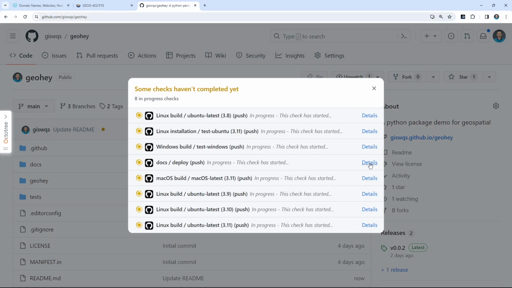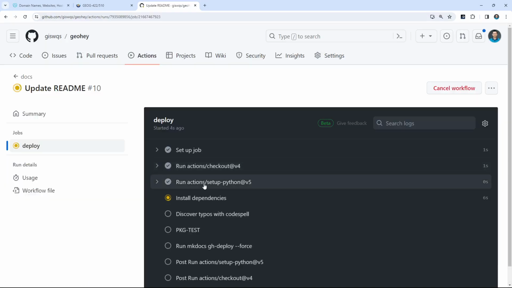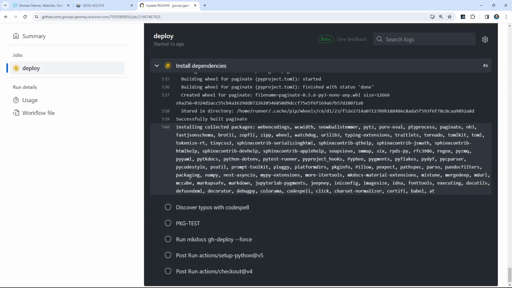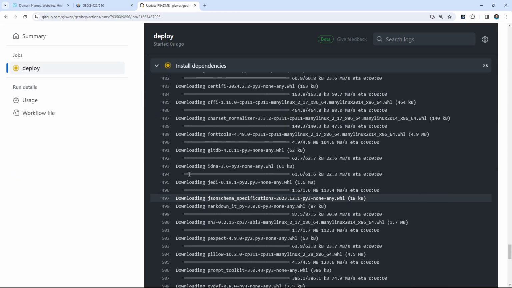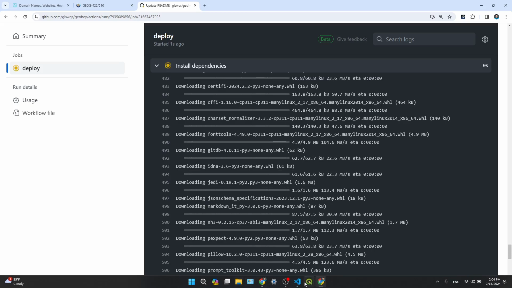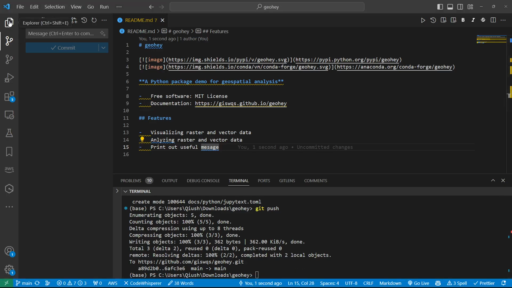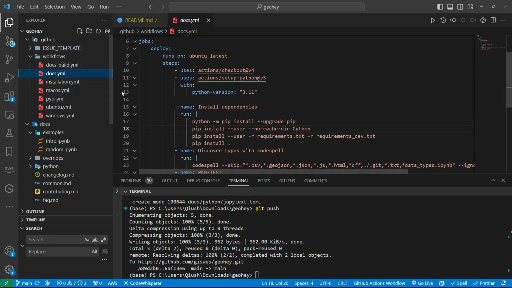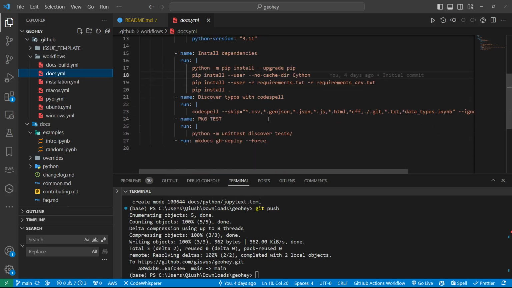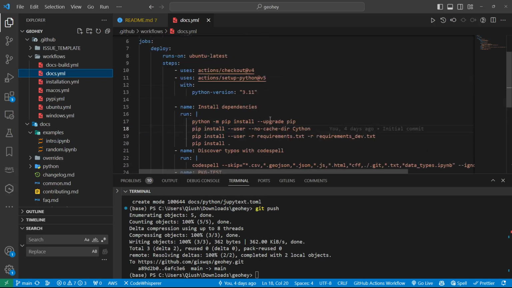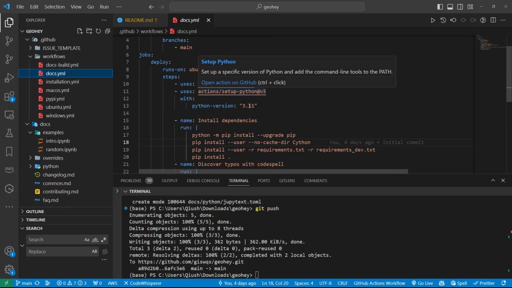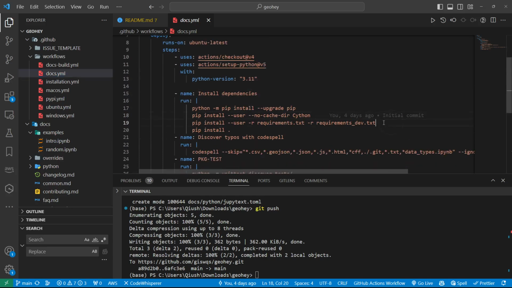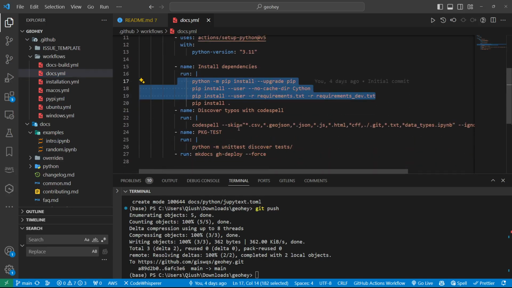So if you want to see that on the fly, I click the details and look at this one. So it's going to run all the dependencies, install all the dependencies based on this one. So this is called GitHub Actions. Again, you can look at the workflow and then the docx.yml. So this file defines the action. It asks GitHub to use Python version 3.11 and to install all these packages, and then it's going to basically